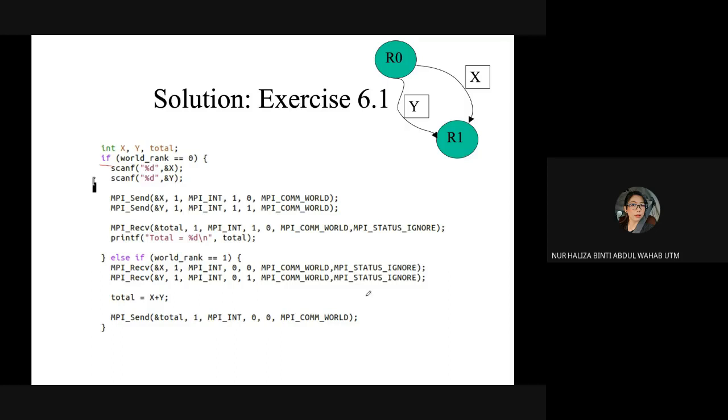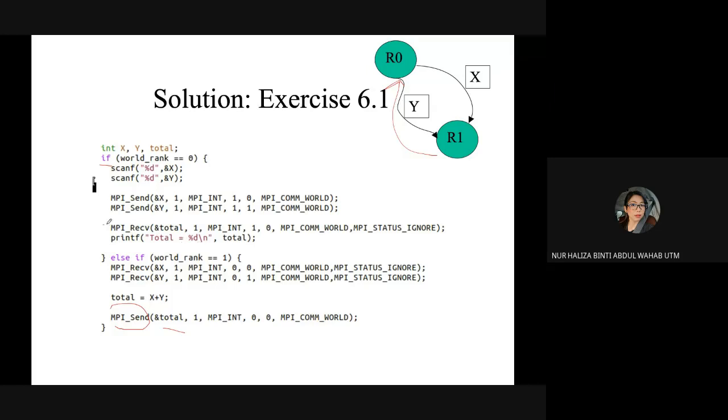You have the status ignore. You're going to total up X plus Y. So MPI will send back to the R0, the total, and it will give you the total up to be print.